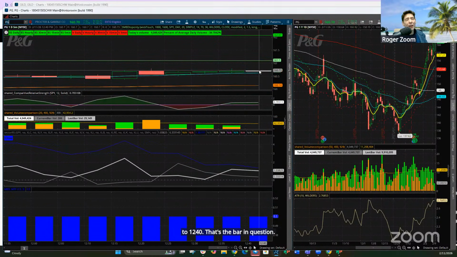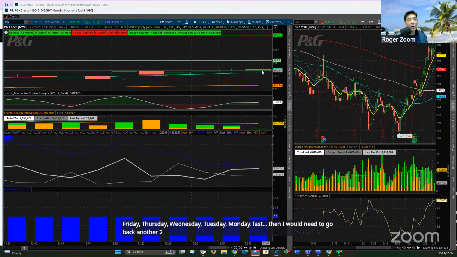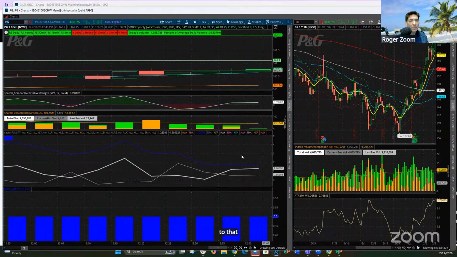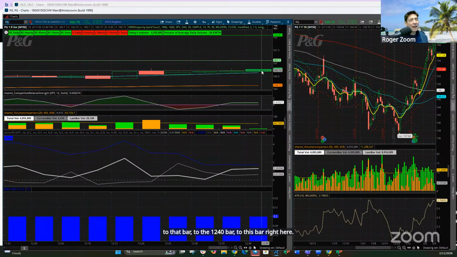I need to do forensic accounting going back to this bar 20 days back at this time. So I need to look back at yesterday, the day before, Friday, Thursday, Wednesday, Tuesday, Monday. Then I will need to go back another 2 weeks, and I need to go back to that bar, to the 1240 bar, to this bar right here. And then I can determine,